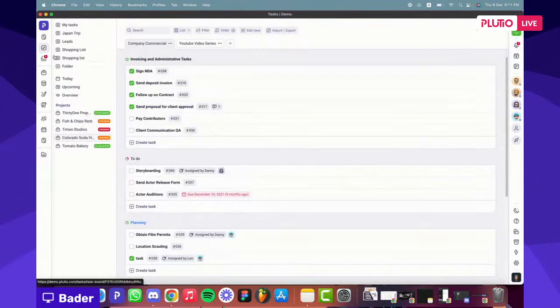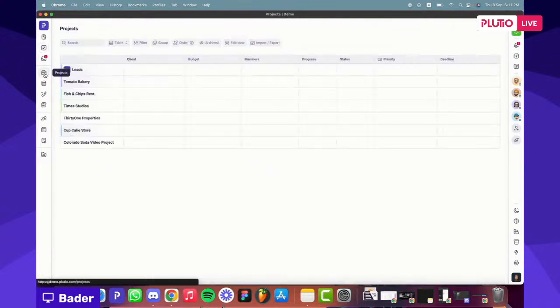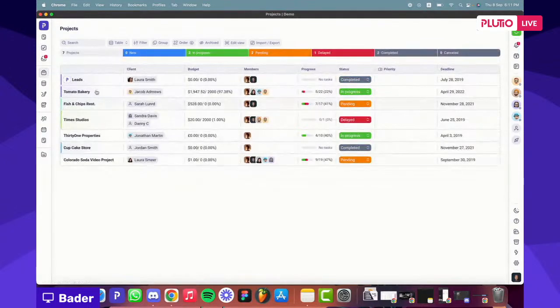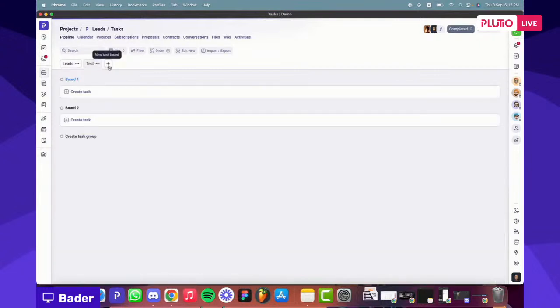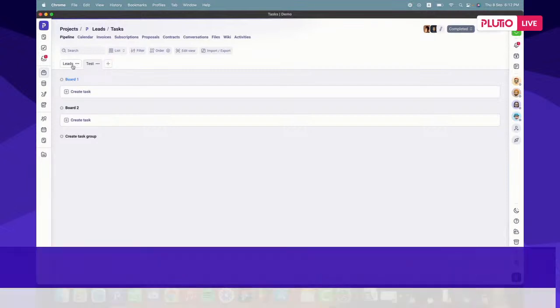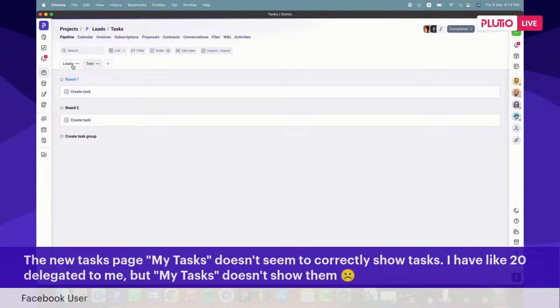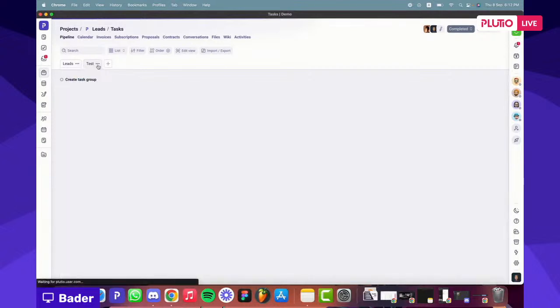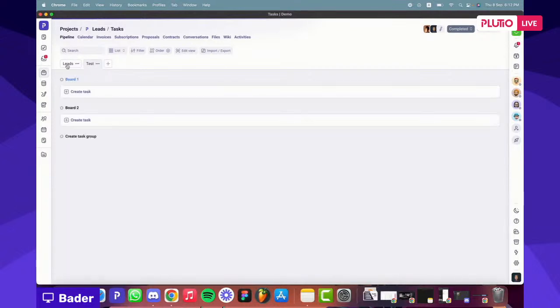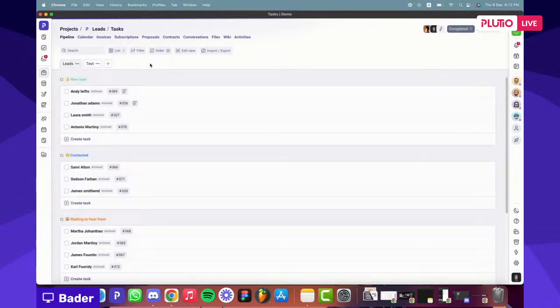And the next thing we're going to talk about is the projects. So in the projects, we have the multi-tab management system. So you can create as many task boards as you want to outline your main projects. You can basically create different phases for your project by using the task board. And also, what is cool about the new